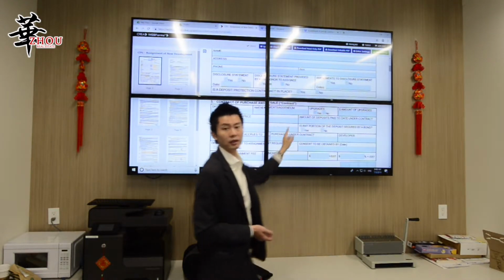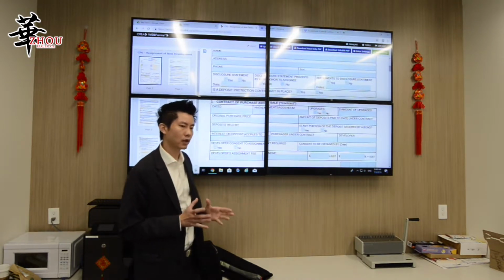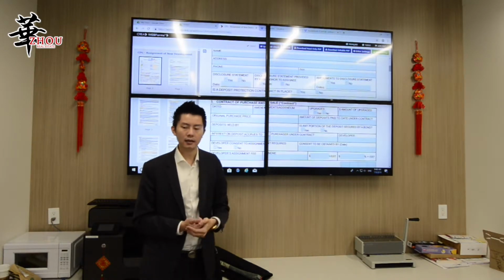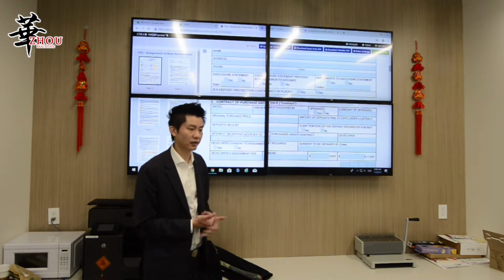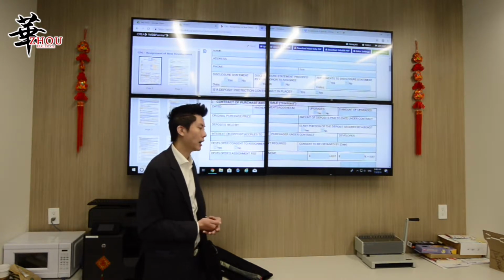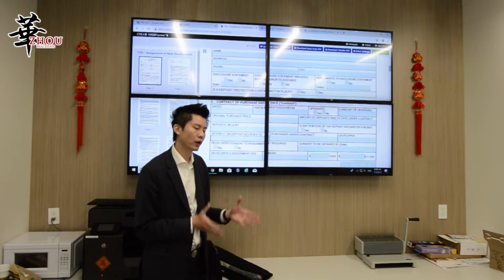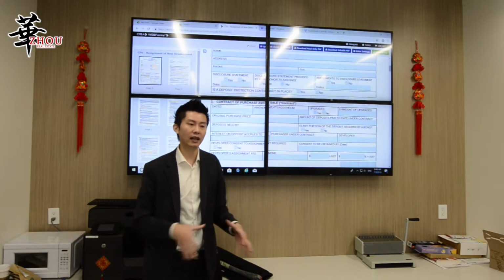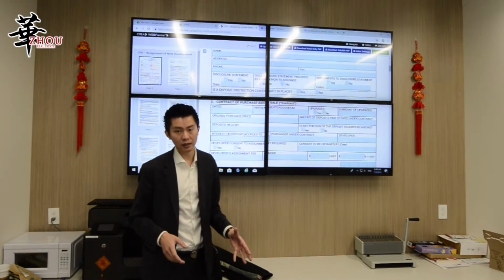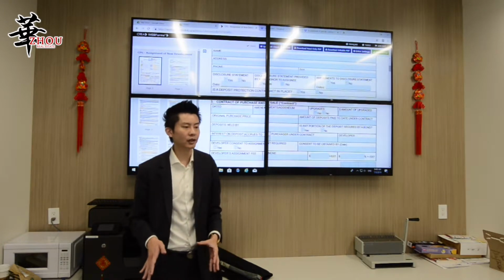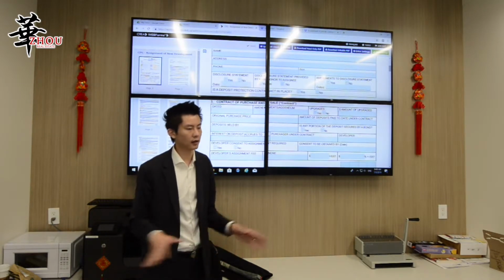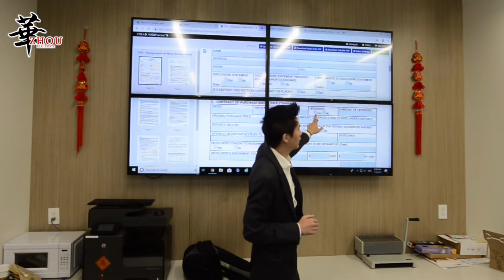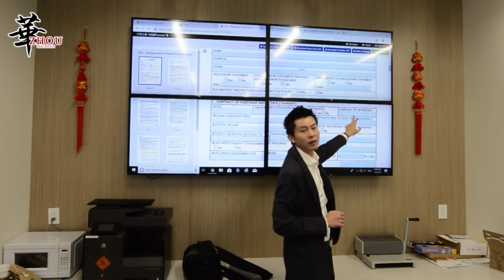Upgrades. This one is important. You have to read the original agreement. There are addendums. Was there any upgrade that's going to be done when the property is going to complete, right? For example, when the first buyer who bought this property required an upgrade on the island. Maybe this kitchen island costs $2,000 for the upgrade. Or they upgraded the floor from carpet to engineered hardwood. It'll cost another $5,000. So if there's any upgrade, you check yes. And then for the upgrade amount, put how much money here.